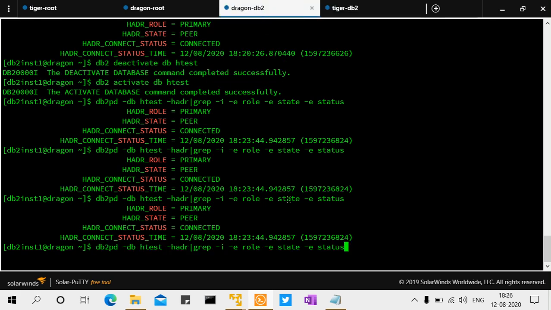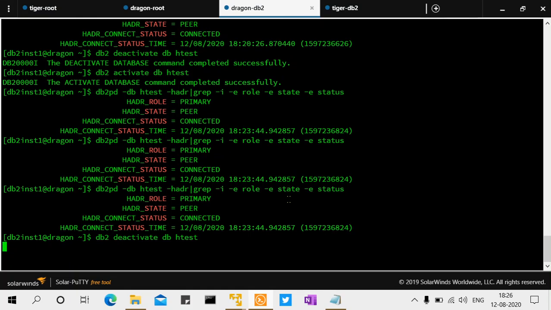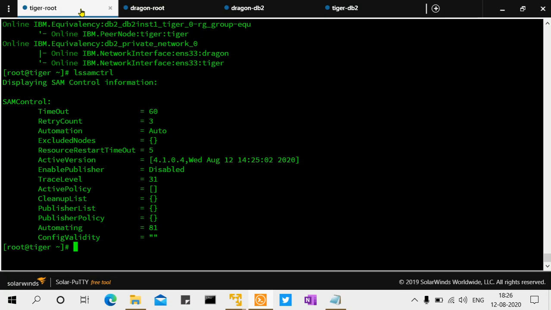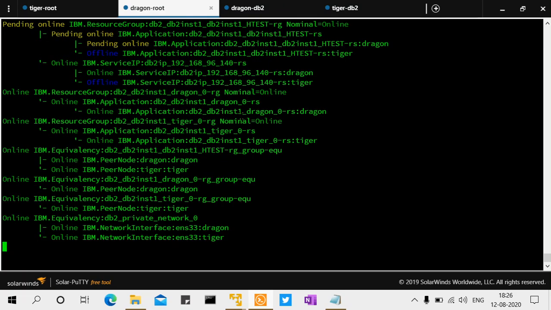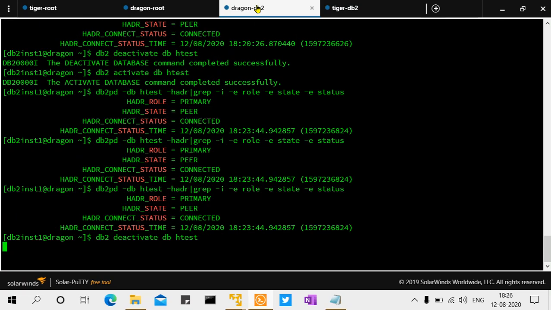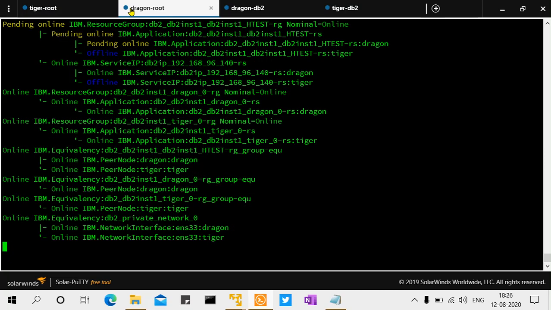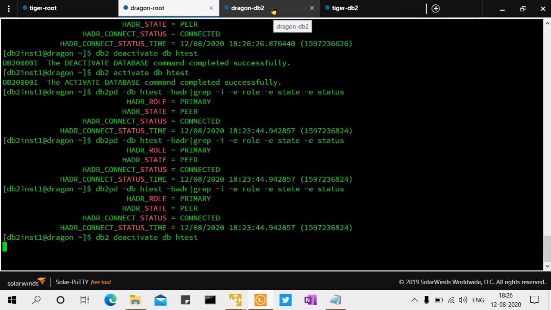Let's do one thing. Let's deactivate the database, and stop the instance as well. So if that helps. I'm sorry, the video length is getting long. We'll try to stop the instance and start the instance again, in case that triggers some kind of change.